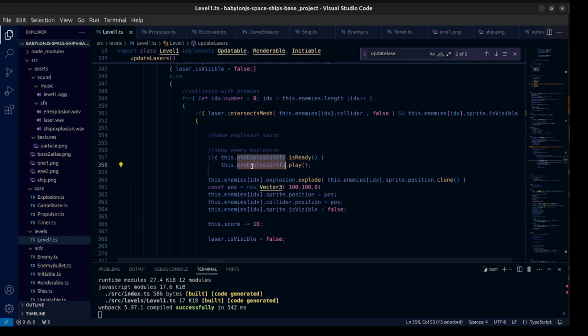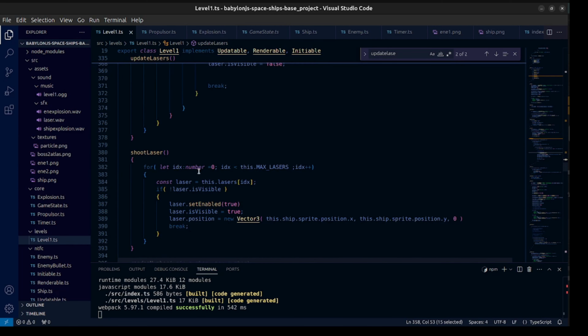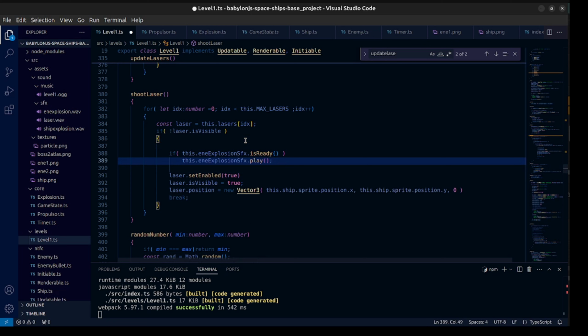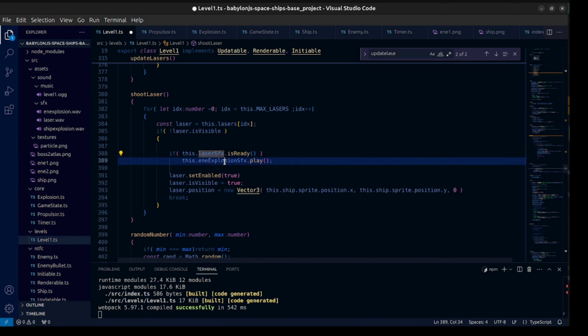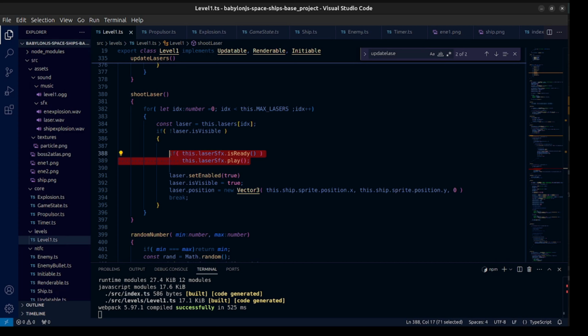That's fine. So I need to go to the laser. When I shoot the laser, yep, that's fine. When I shoot the laser, I want to play another sound. Here, if the laser effect is ready, yeah, I'm gonna make the laser effect play. I'm gonna copy this again,